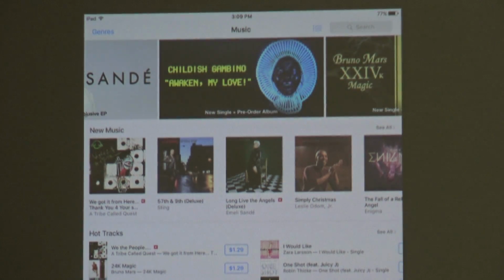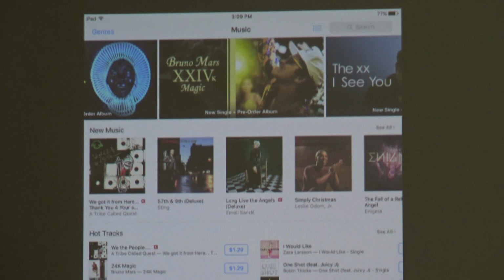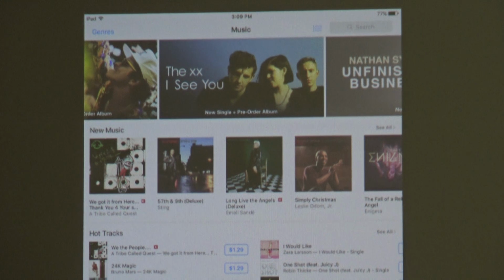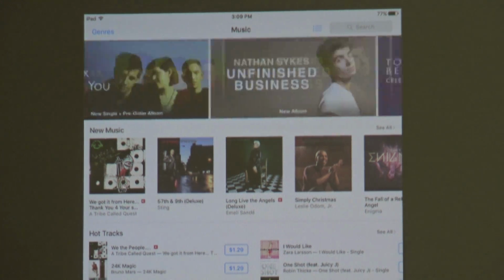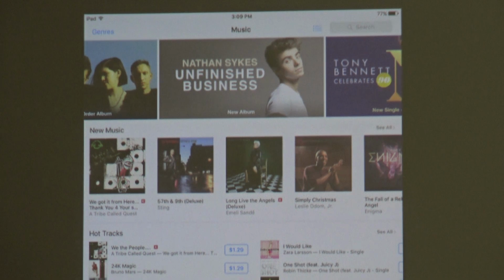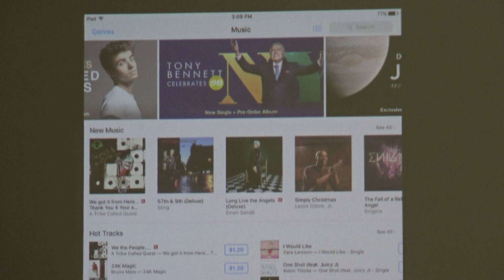I click on my iPad, and it tells me everything that's in my iPad. Well, that's a lot simpler than the way it was when we started out. And then, for example, with the iPad,